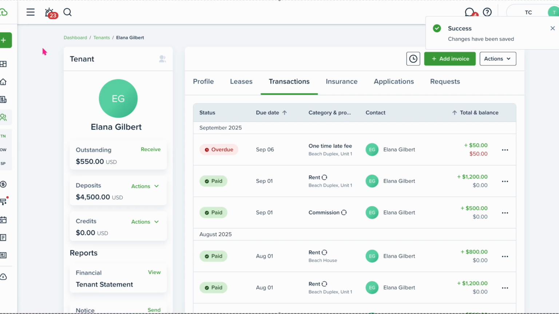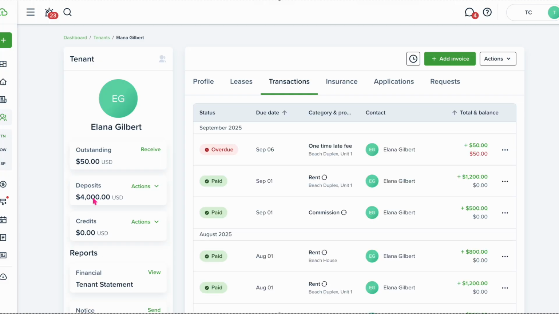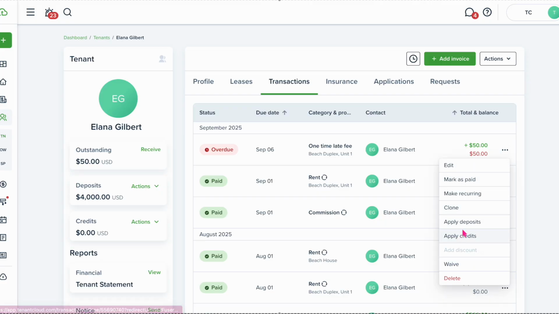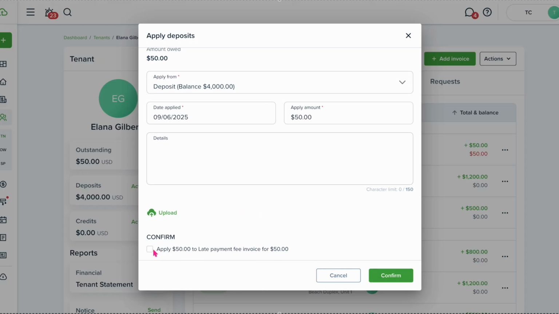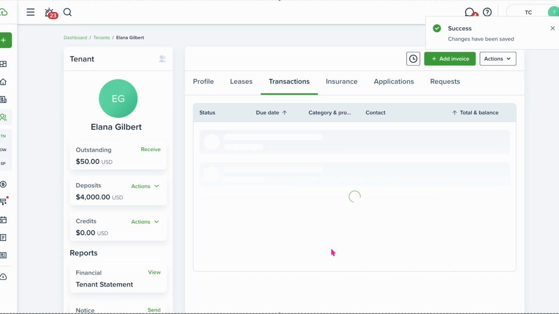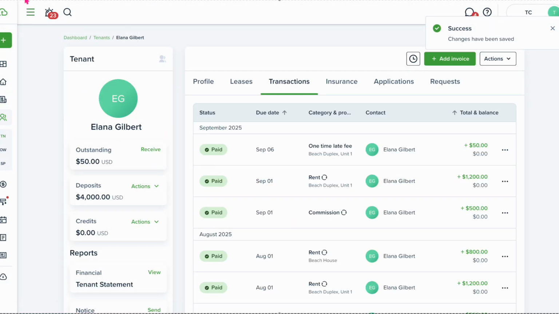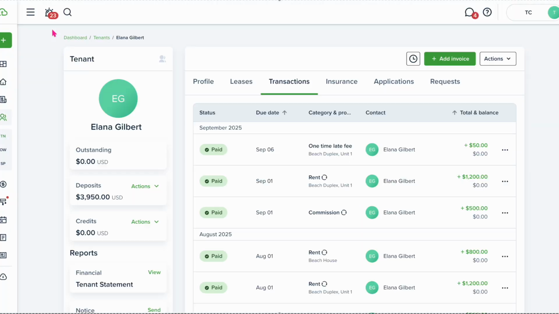that invoice will be marked as paid, and if you refresh the page, you'll see that her deposit has gone down $500. So I'll do that again with this other $50 invoice. So now I've got her balance current and her deposit remaining will go towards some of the move out fees